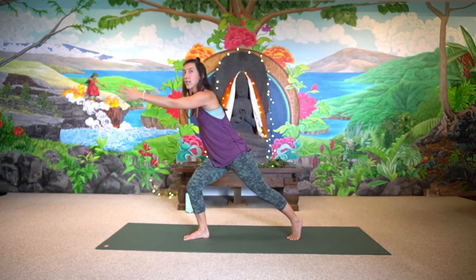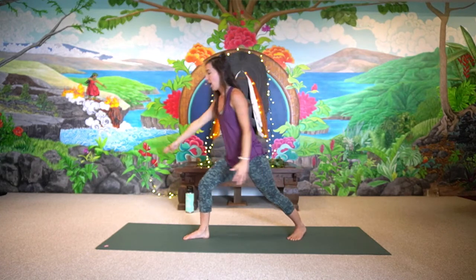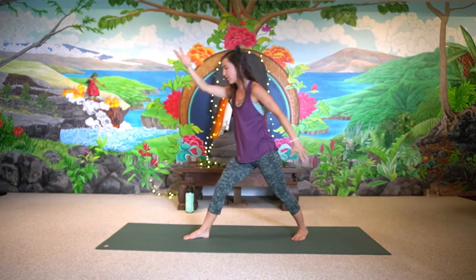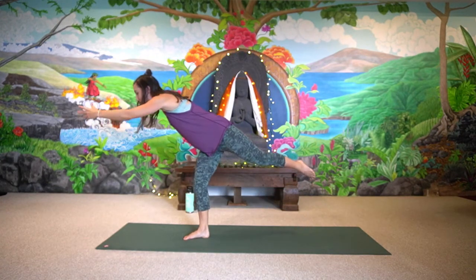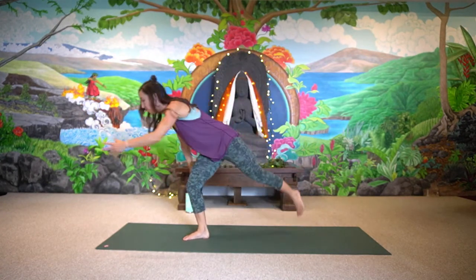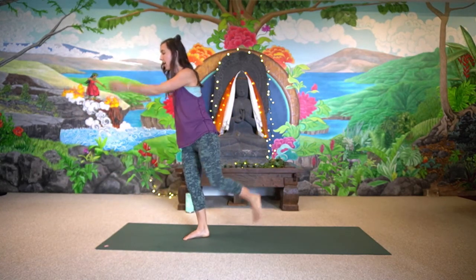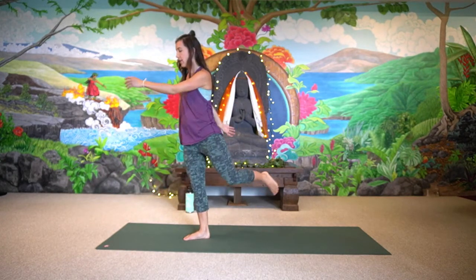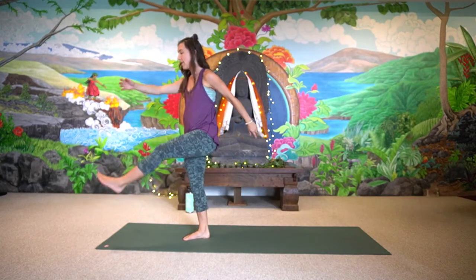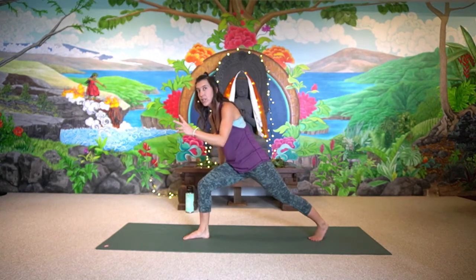Let's all meet in home base, and then we can start to play forward, keeping the weight in the left heel. Option to start to hover to any amount in Virabhadrasana 3 or not, it's up to you. And the next time you're forward, let the legs swing, let the arms swing, and just take a couple of swings like that. The next time the leg swings back, reach the foot back, let the toes reach back, and